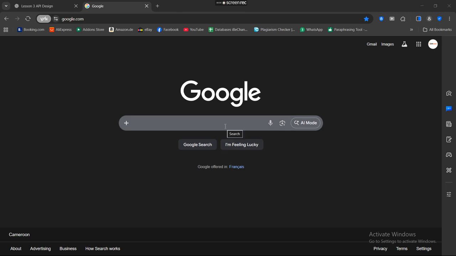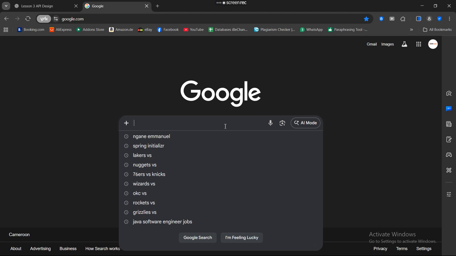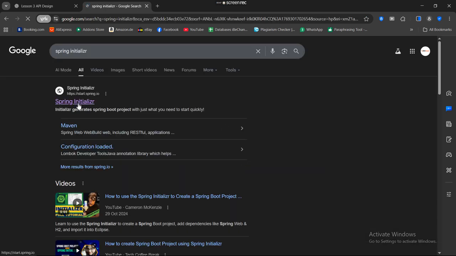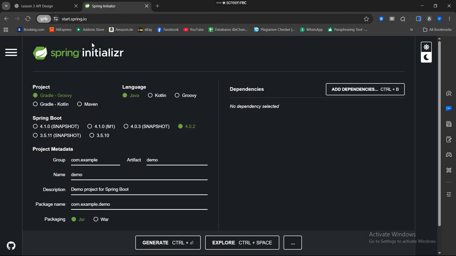last video. So we are going to use the Spring Initializer, so you're going to just go and type Spring Initializer on your browser, something like that, and you're going to select the first option, and then it will bring you to this page. So while you're doing that,